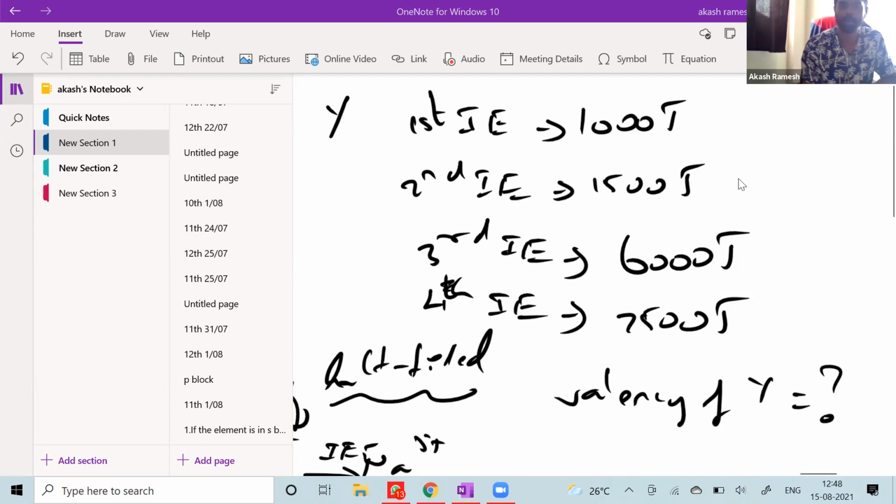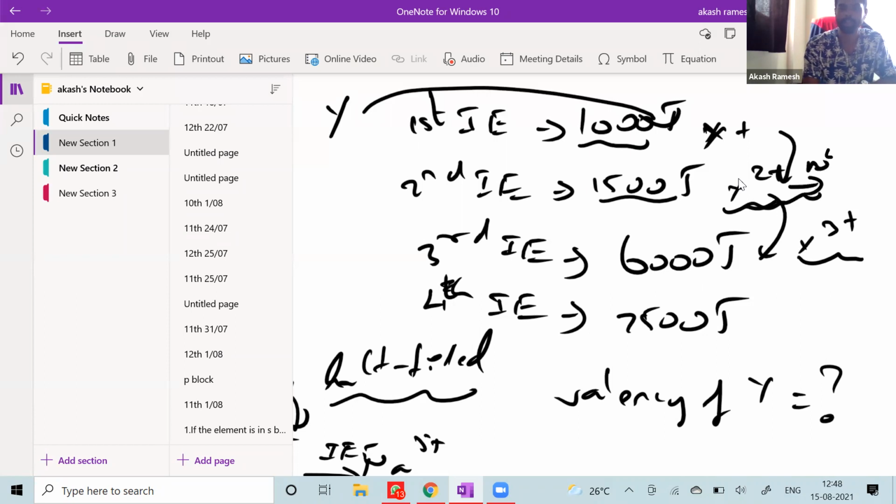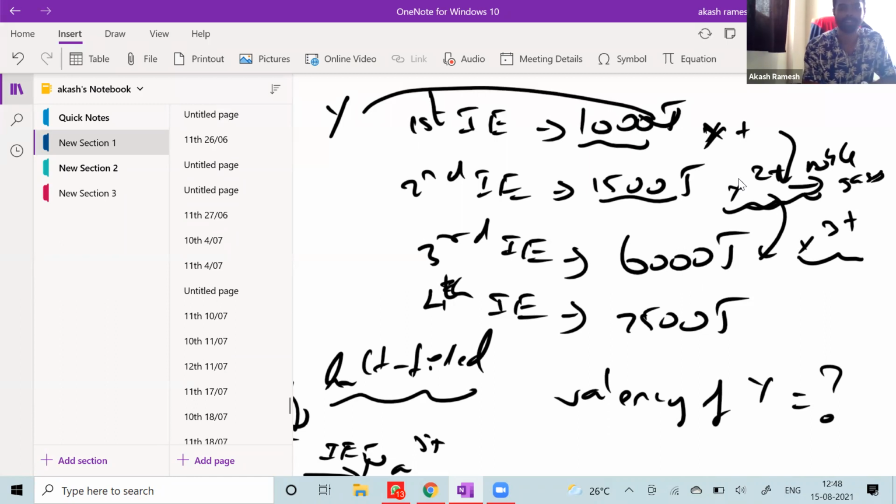Again, you can see now after the first ionization energy, I would have formed Y plus. After the second, I would have formed Y2 plus. Now this is fine, right? From Y to Y plus 1000 joules. From Y plus to Y2 plus is 1500. Again, not that much of an increase. But coming from Y2 plus to Y3 plus, look at again, there's a huge change. That means what? After forming Y2 plus, here I have noble gas configuration, or say fully filled configuration, right? So obviously the valency is nothing but 2 is the answer to this question.